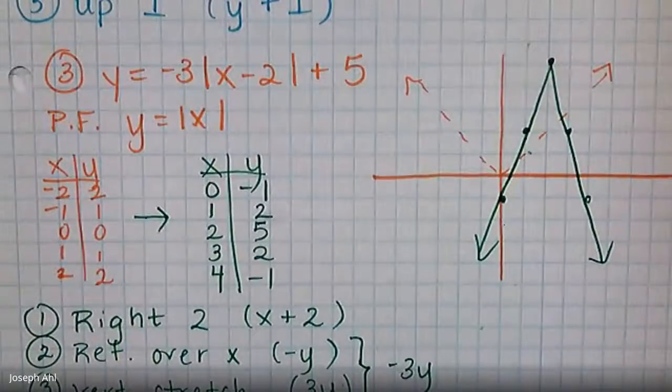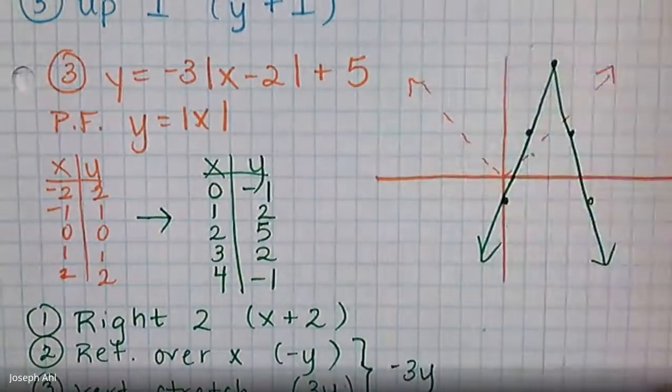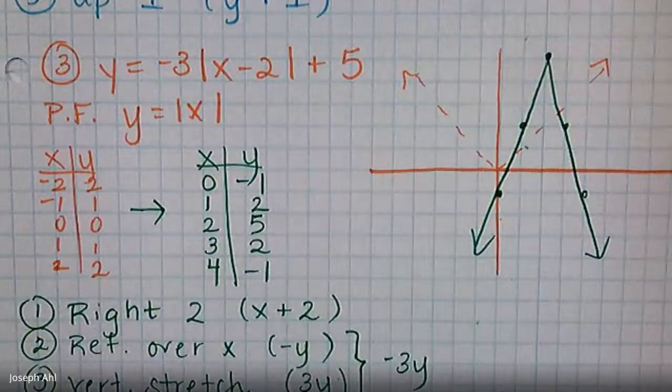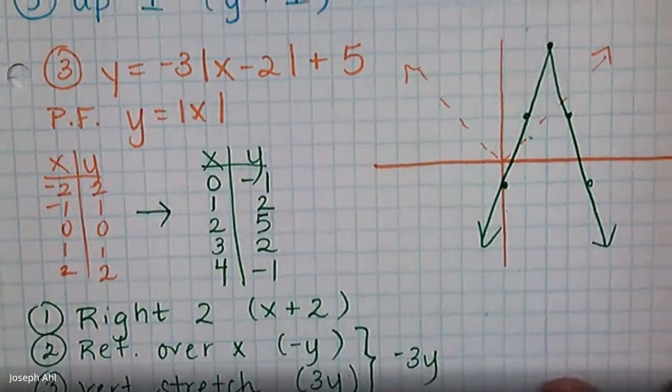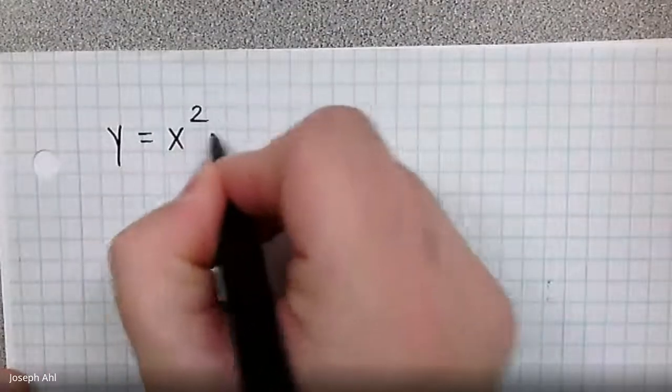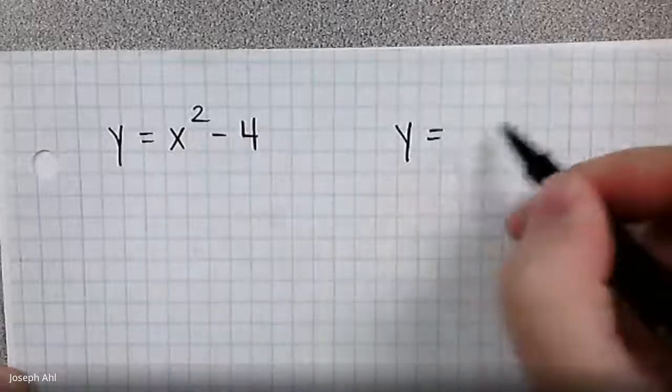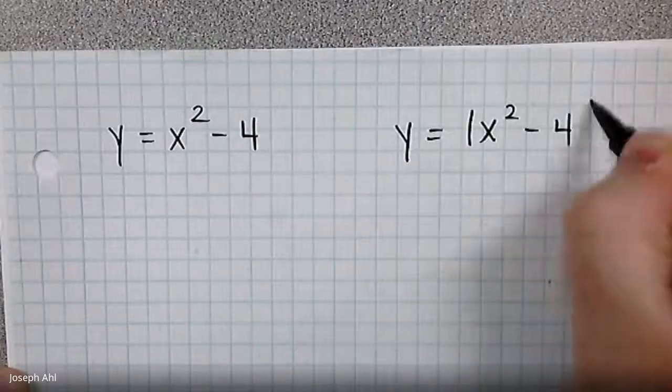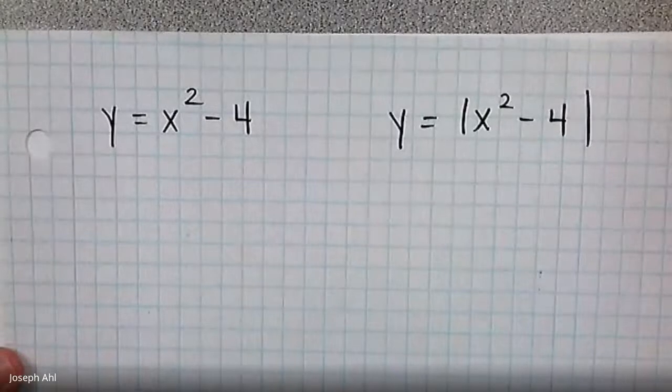So we took the absolute value, we shifted it to the right 2, and then we flipped it over, stretched it, and moved it up 5. All right, so hopefully that's a good starter point for us to get some more practice with this concept in class tomorrow. The last thing I want to talk about quickly is what the difference is when you have the function y equals x² minus 4, and what would happen if I put absolute value around that